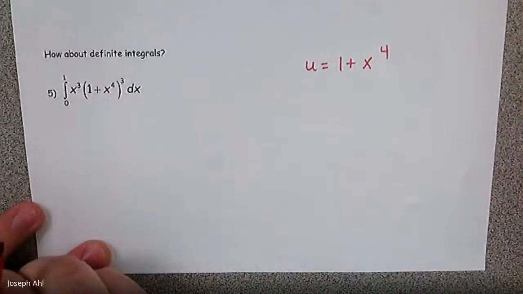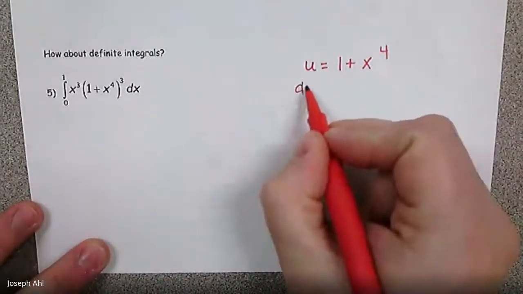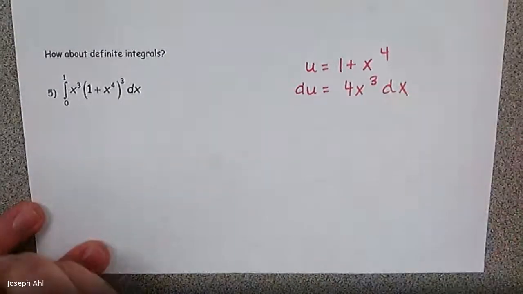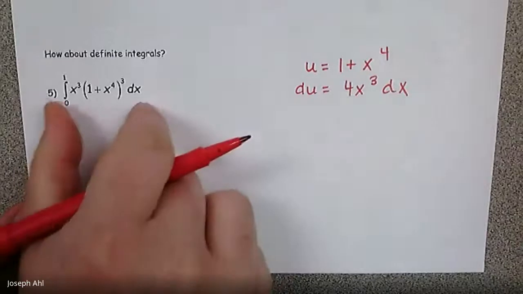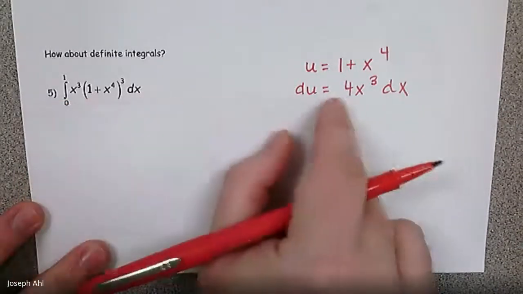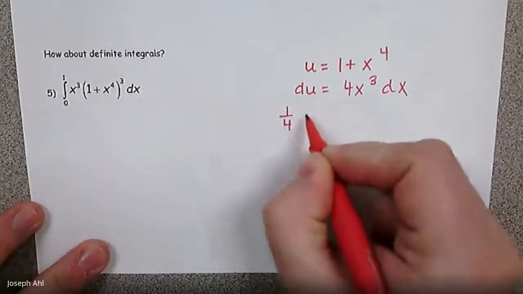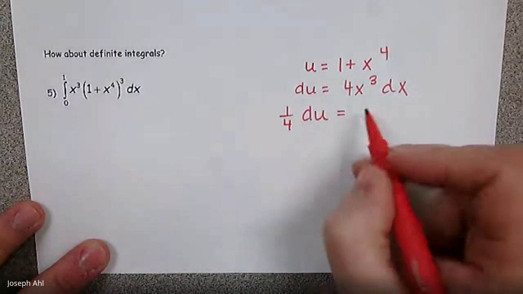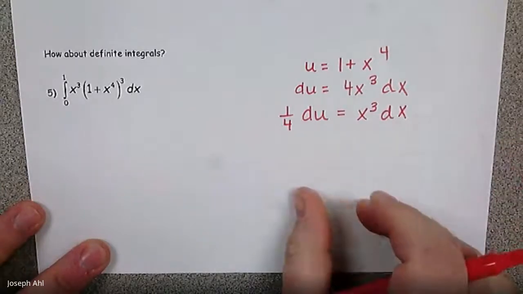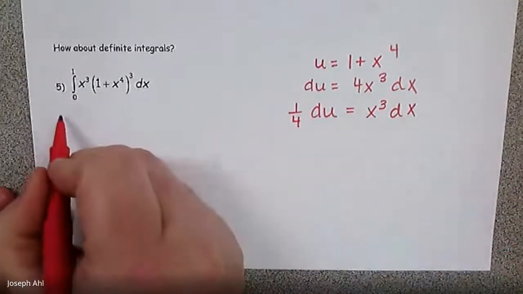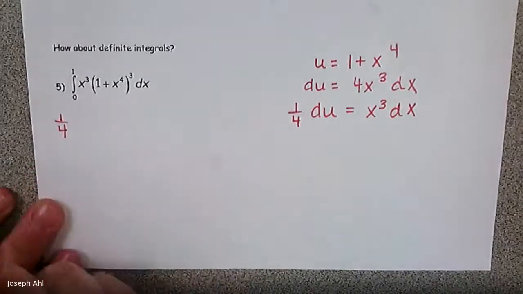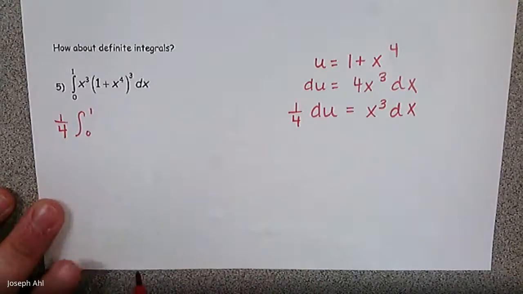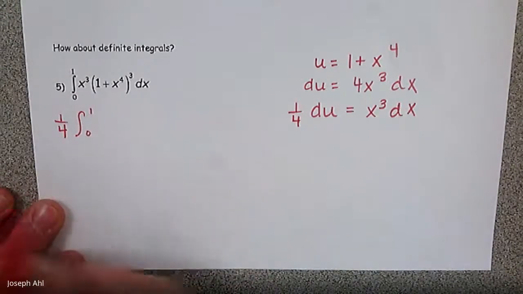Let u equal 1 plus x to the 4th. And therefore, your du is going to be 4x cubed dx. Now, in this case, to get x cubed dx to equal our du, you're going to have to multiply by 1/4 to make that happen, right? So 1/4 of du is going to equal x cubed dx. So in this one, the constant that I'll pull out on the outside is a scalar of 1/4. So it's 1/4 of the integral from 0 to 1 of,